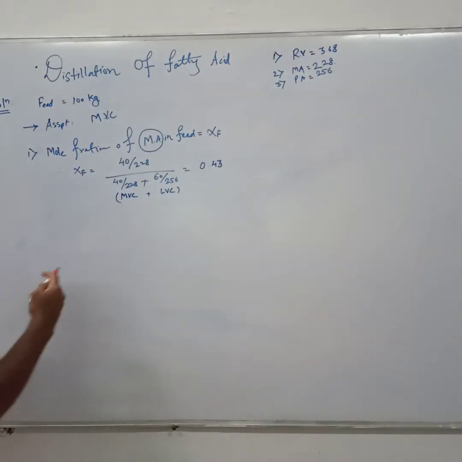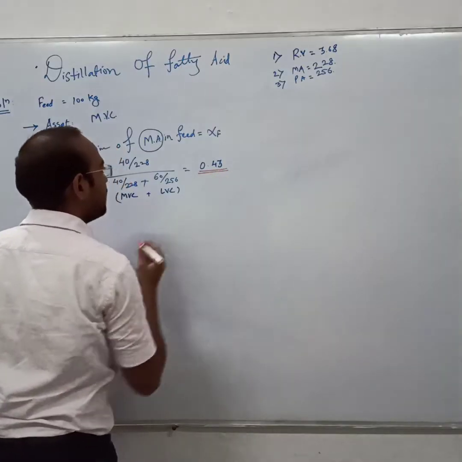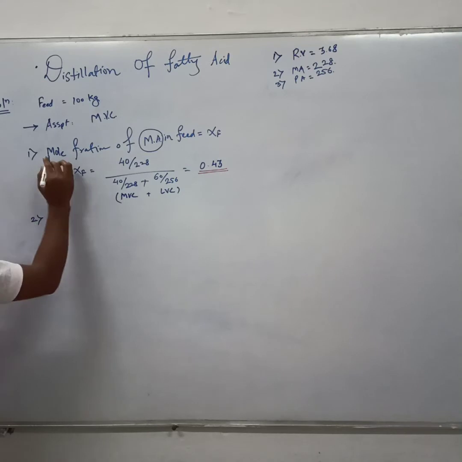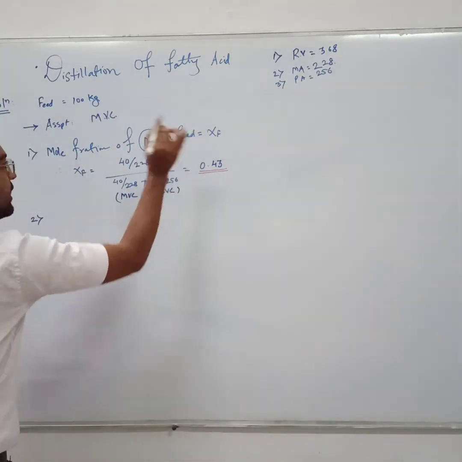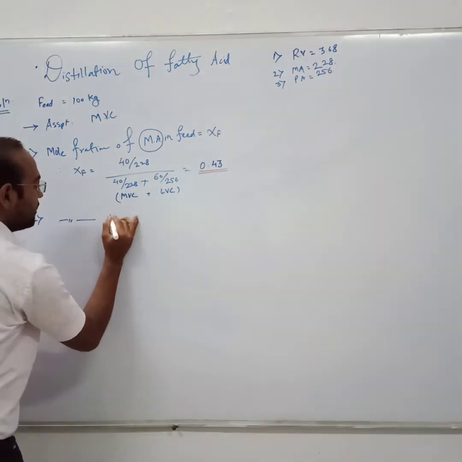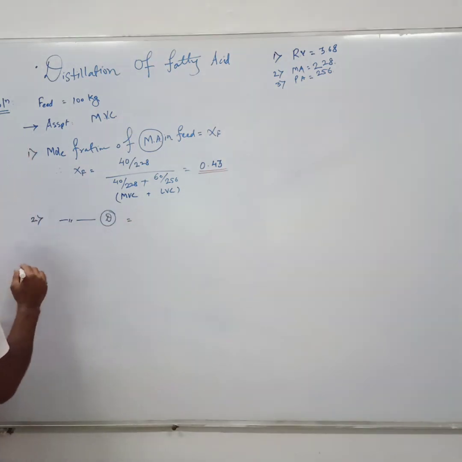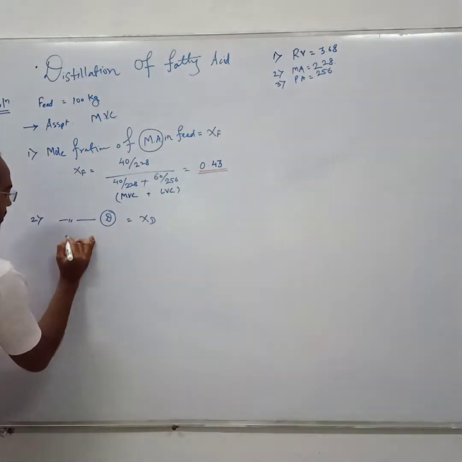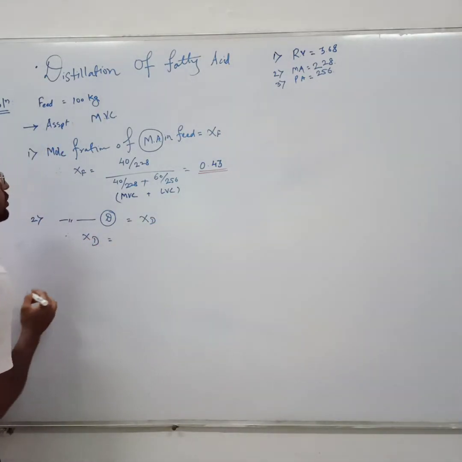This is another one, 0.43 XF. Second thing, we are calculating the mole fraction of malic acid in distillate. So I can write all the things in distillate. The mole fraction of malic acid in distillate is denoted by XD. How can we calculate it? XD equals to